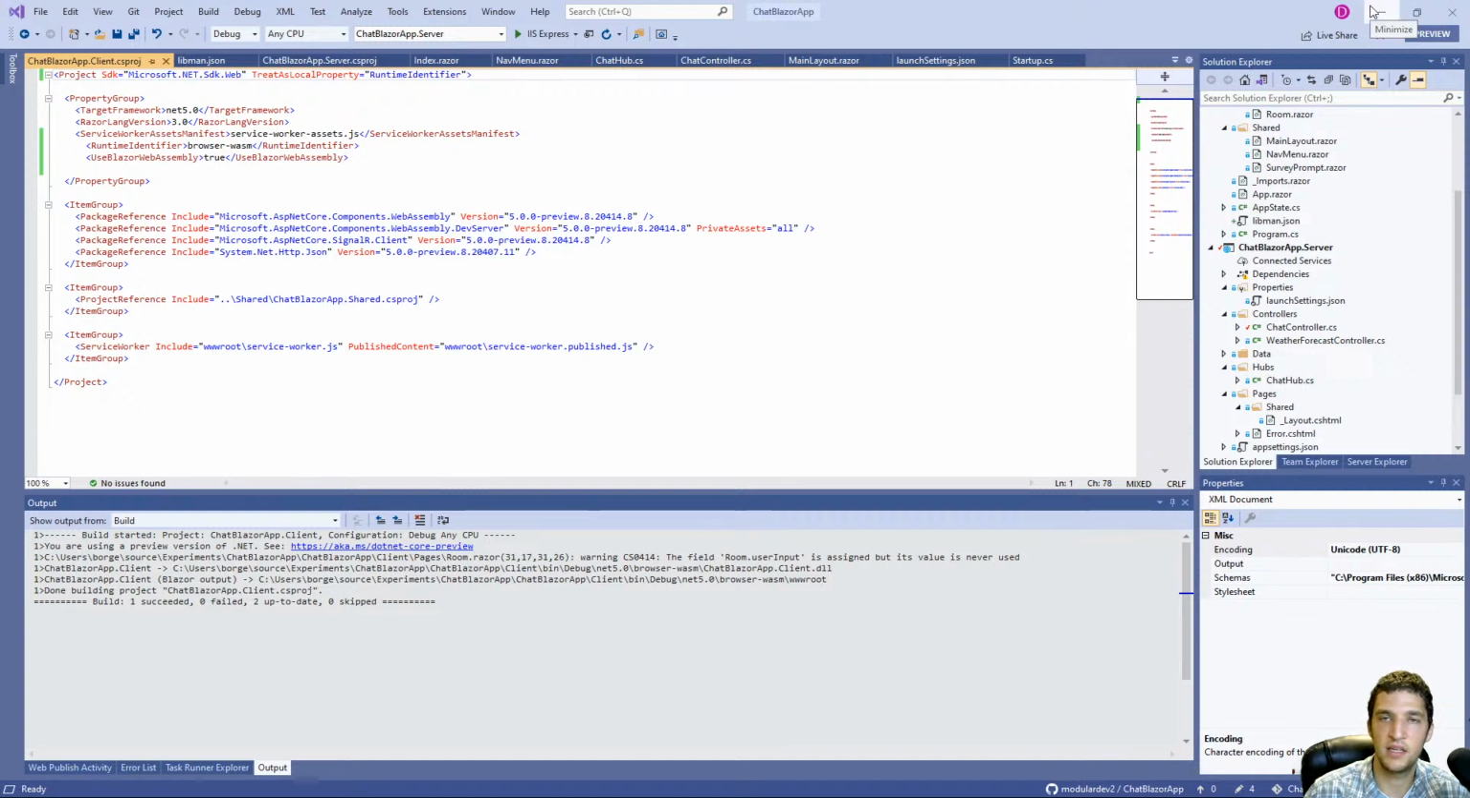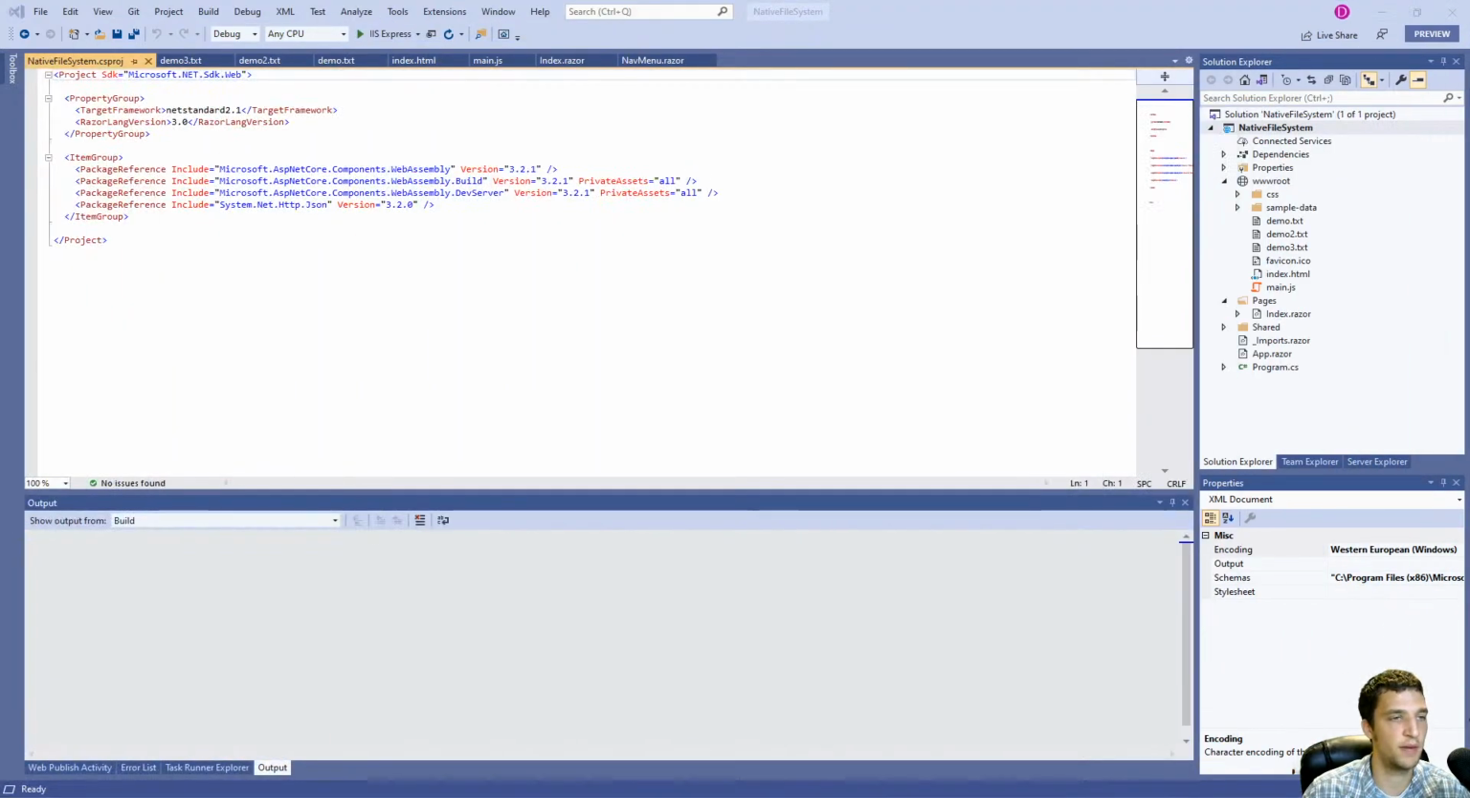Basically, it allows you to chat back and forth with another user using a WebSocket, which is handled by SignalR, which is a Microsoft framework. So we're going to take some of that stuff that we learned with that project and use it in this native file system one. So the first thing I want to do is in